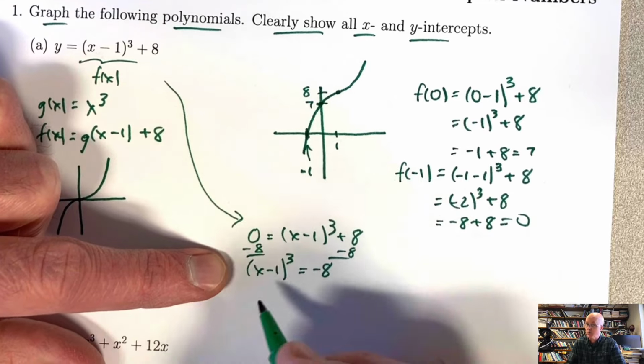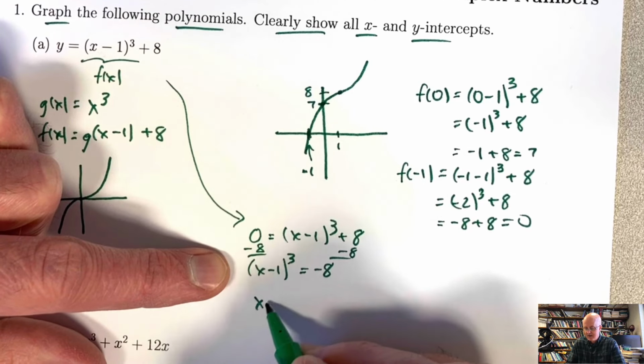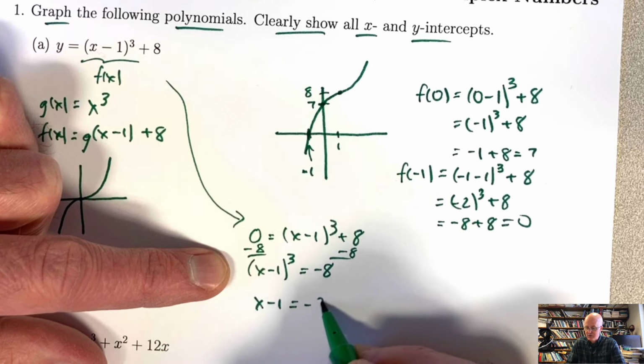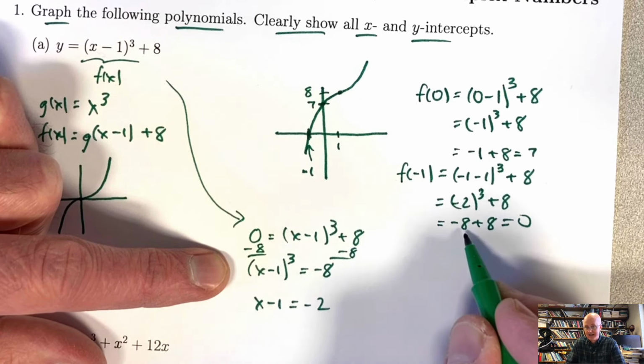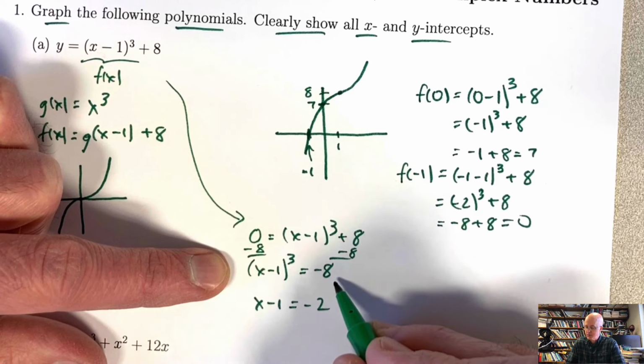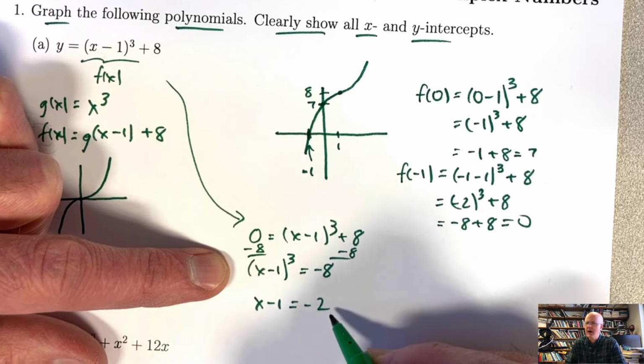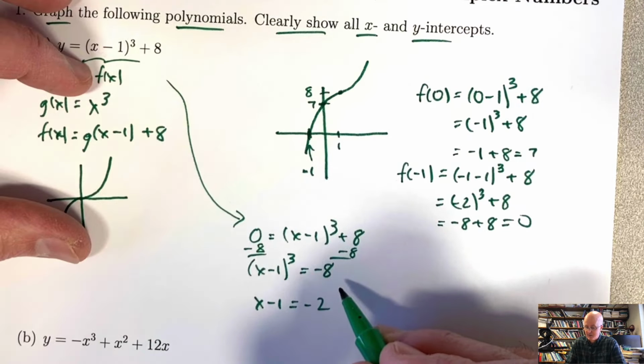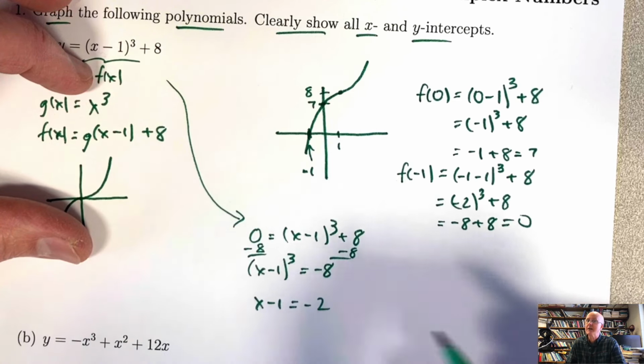Take the cube root, the real cube root, of both sides. We'll get x minus 1. What's the real cube root of negative 8? It's negative 2, just like negative 2 cubed is negative 8. That means the real cube root of negative 8 is negative 2. Are there non-real cube roots of negative 8? There actually are. We will talk about complex numbers in this video as well, though we won't talk about complex